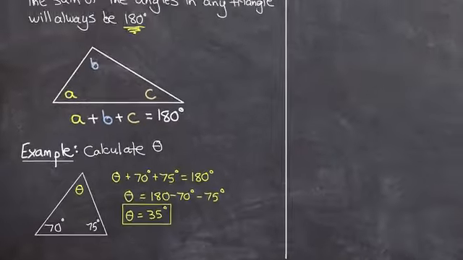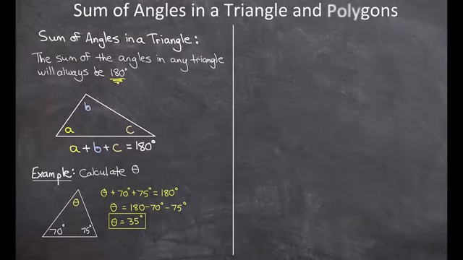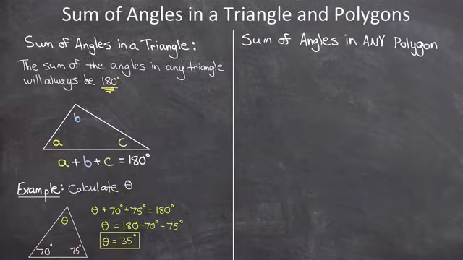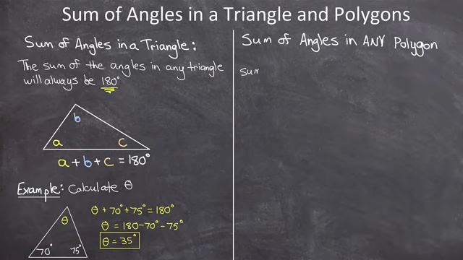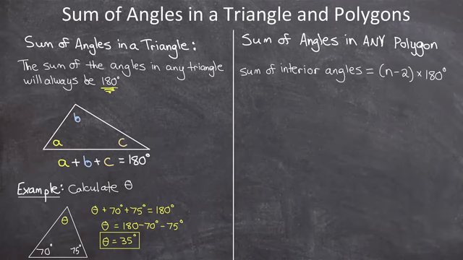Let me zoom out, and now let's do the sum of the angles in any polygon. To find the sum of the interior angles of any polygon, you can just follow the formula, which says do n minus 2 times 180 degrees, where in this formula, n stands for the number of sides that the polygon has. So if I were to draw a polygon with 5 sides, and then I'll label the 5 angles of